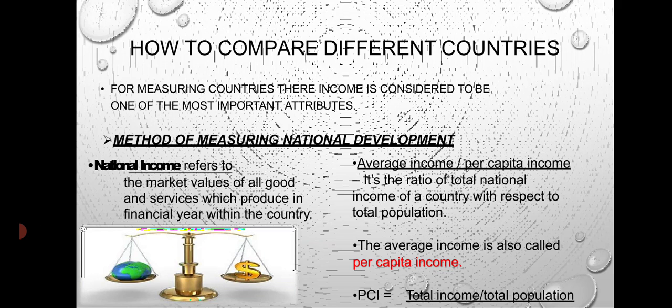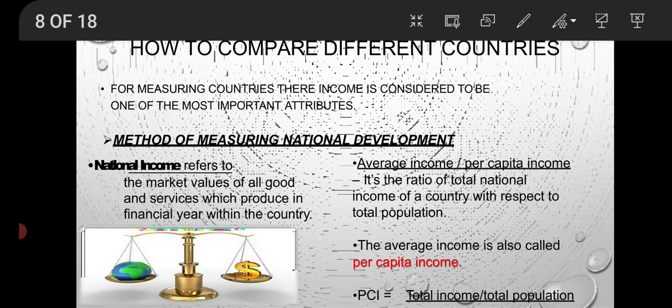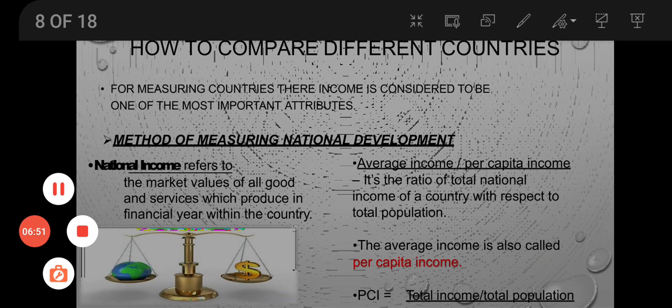And another thing is, here we are ignoring the social indicators like education, health. हमने यहाँ पर education और health को कहीं नहीं लिया, हमने सिर्फ income को लिया. So it is ignoring the social indicators which are an indication of the living standard of the people. So this is one way. Since it has certain limitations, there needs to be another method also, which we will be covering in the next class. Thank you.